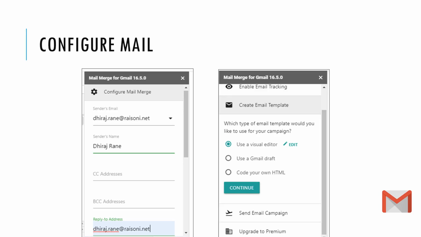Next job is to edit the message box and body of the email. For that purpose, we have three options. We may use HTML code, which is very simple and easy. You may type directly in HTML, or you may use another tool to generate the HTML code and place it here. I think that is a little out of context for this Gmail merge topic, so I don't want to include that much detail here. A very simple way is the visual editor. It is supporting us.